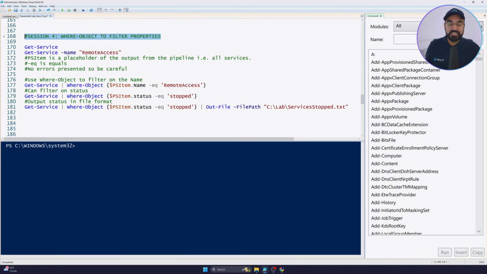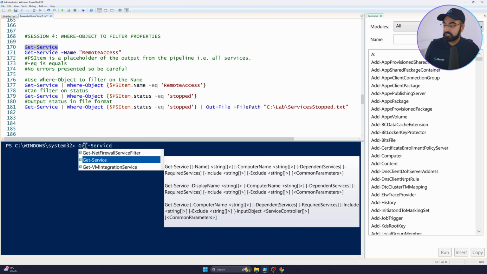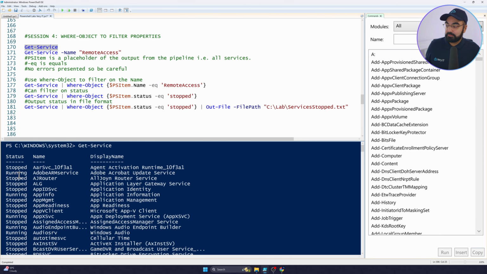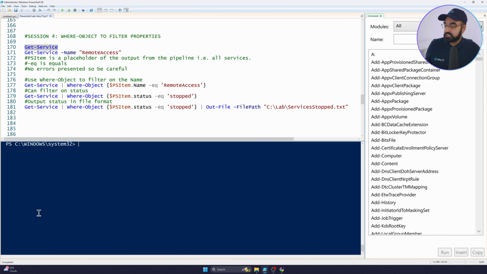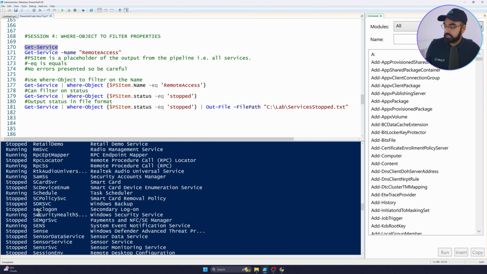Here we'll be looking at the where-object commandlet. In this demonstration, we're going to be looking at the where-object to filter on the properties. So as before, we're going to start off with our commandlet, the get-service, to retrieve all the services that are running locally on my device. When we start off with that, as you can see, this will outline as before the status, the name, and the display name. As before, if we wanted to filter it on, let's say, for example, the remote service, which is going to be this one over here,